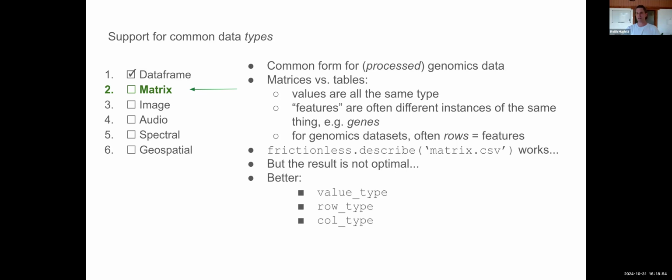So if you were to provide this information, then one can start to imagine how you could build systems to interact with these data sets and do useful things. If they know that the features are genes, and they know something about what identifier scheme is used, then they can start to pull in other types of information and provide more context, for instance.